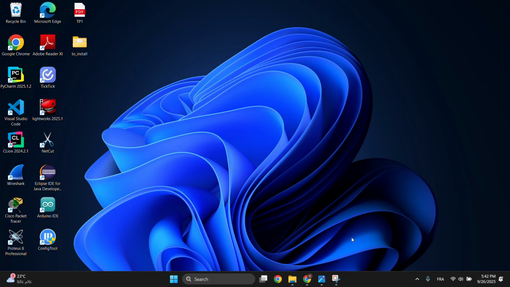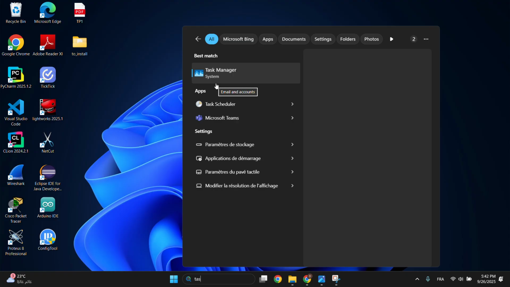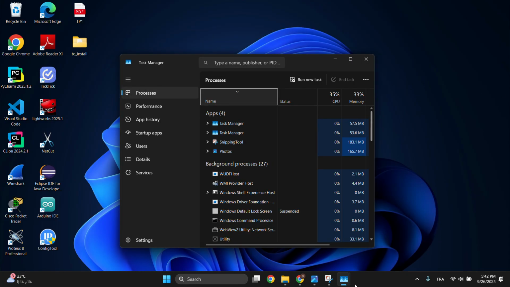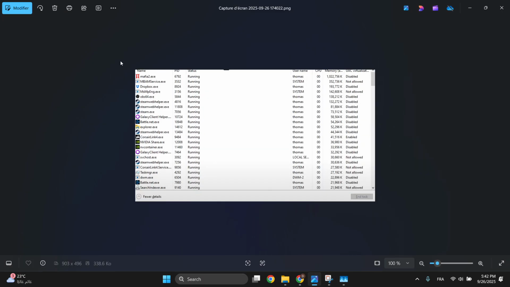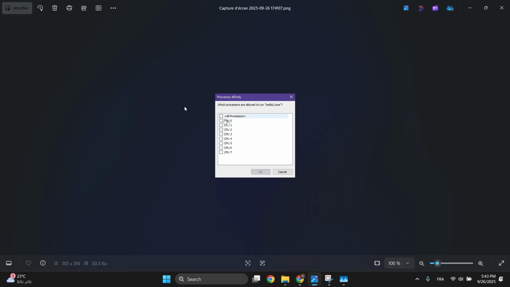Let's wait for it to open. Wait, let's open it another time. After opening your Task Manager, you will have it like this one. You will see your Mafia2.exe. Just right click on your Mafia 2 and then go here to set affinity. Choose set affinity, and then you